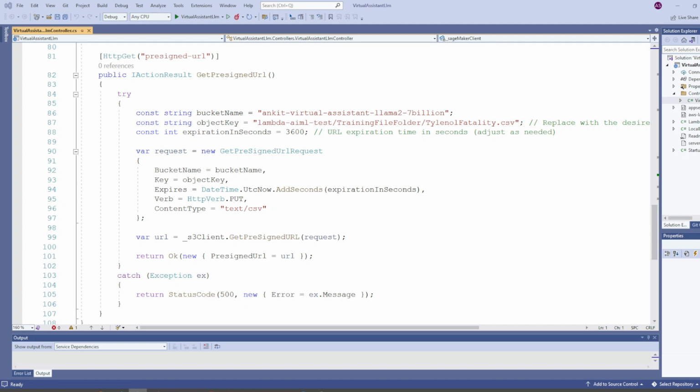Here, you can see an endpoint, get pre-signed URL, which is an HTTP GET endpoint, where you will create a get pre-signed URL request. This code is written in C# .NET Core, but in different languages like Python and Java, there would be a similar implementation. As part of the parameters, you supply the bucket name, the object key, the HTTP verb, and the file content